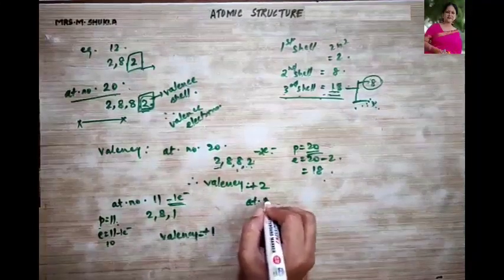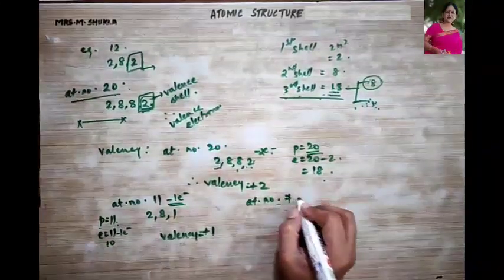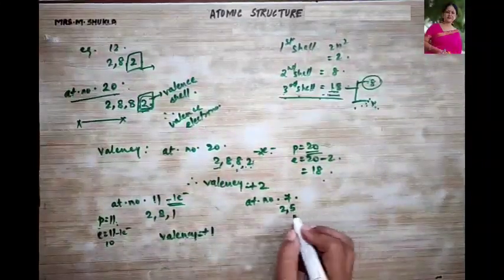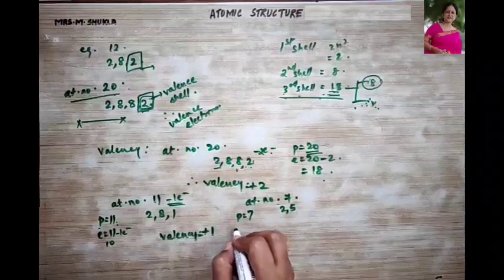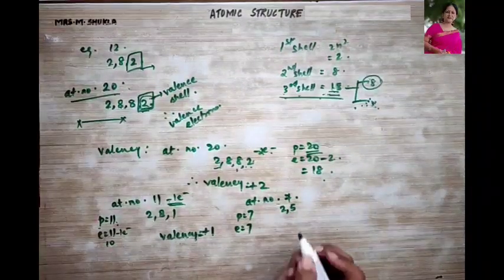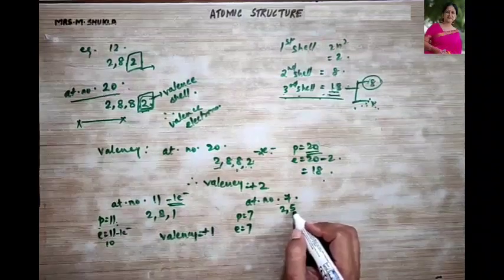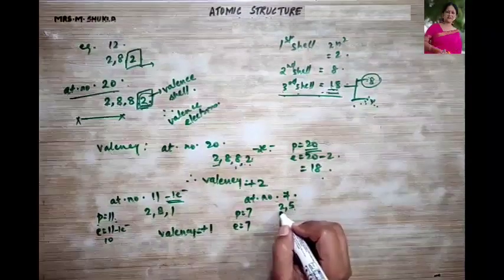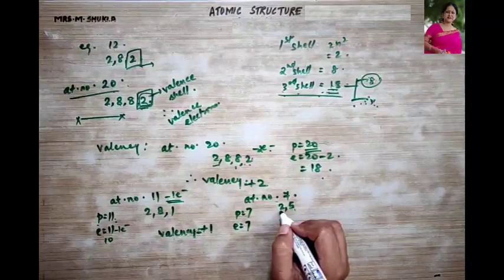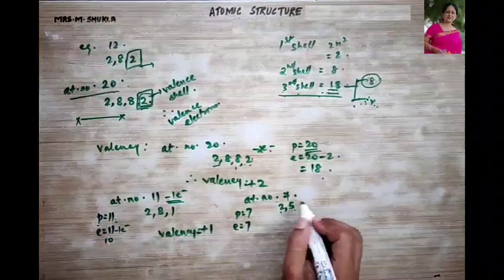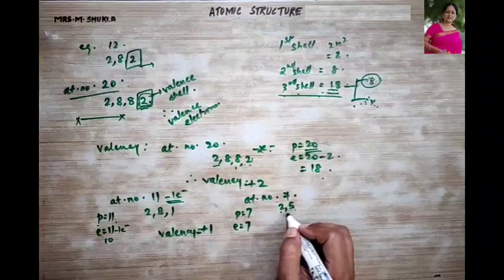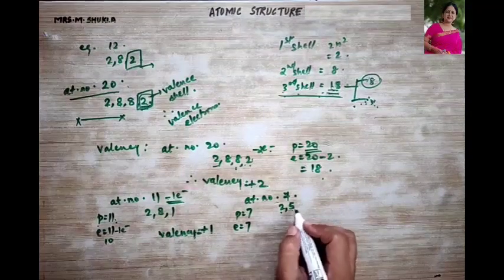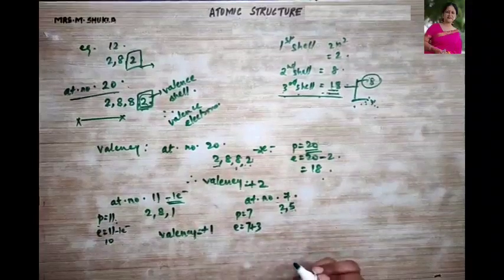Let's take atomic number 7. Configure this, it becomes 2 and 5. So number of protons over here is 7, electrons over here are also 7. So it has to follow the octet rule. To follow the octet rule, it can either give away 5 to follow the duplet rule and become the nearest noble gas configuration, or accept 3. So it will accept 3 to follow the octet rule. The electrons are going to be accepted over here.